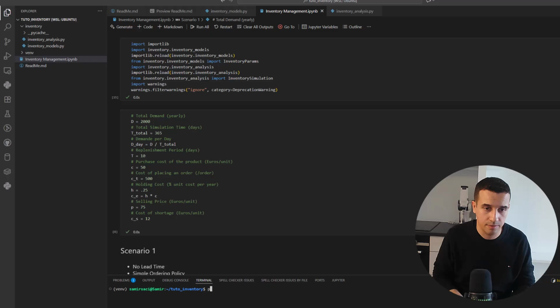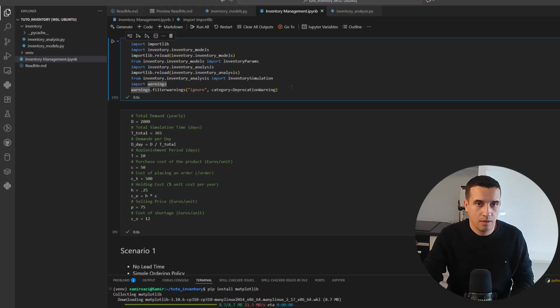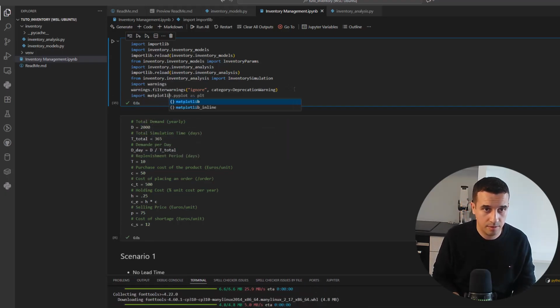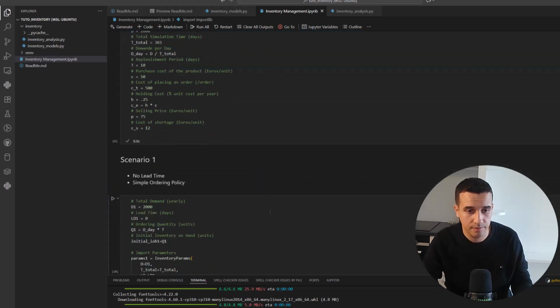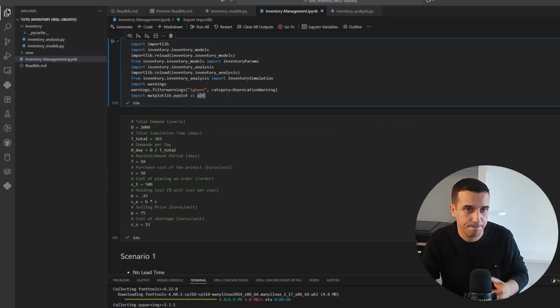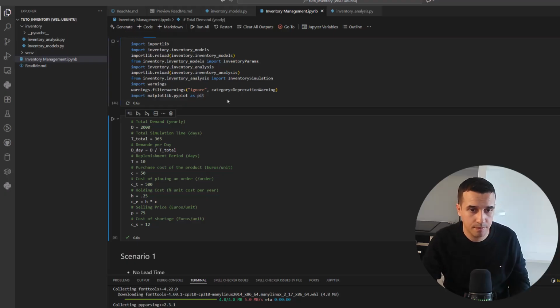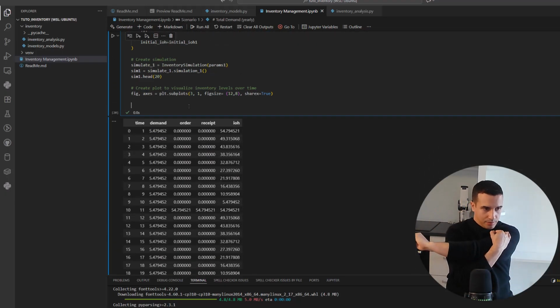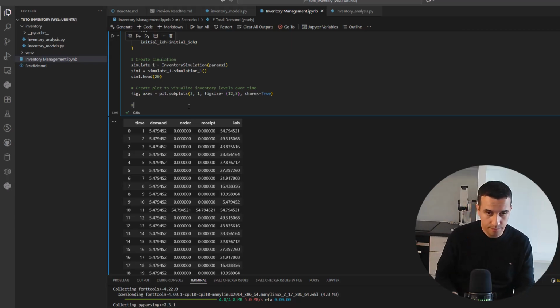Pip install matplotlib. Import matplotlib.pyplot as plt. Great. Okay, I can go back here, plt.subplots, and then we start to plot